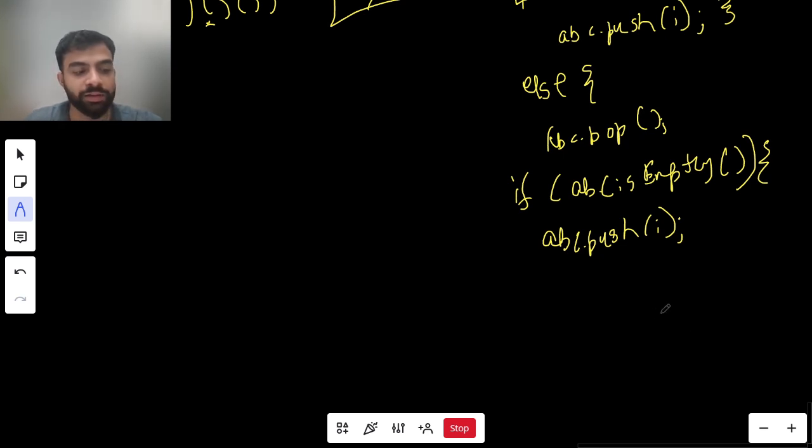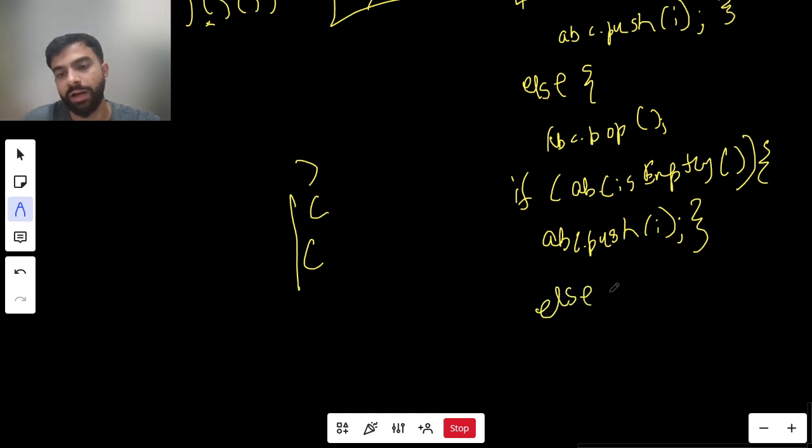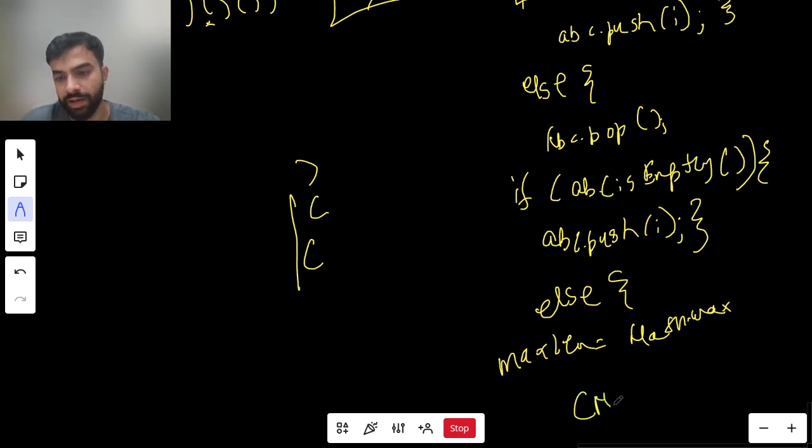Now how do we check the maximum length till that particular position? If it is empty, then we are going to push. But if it is not empty, suppose the stack has this and this and this, so when it is not empty, in this particular case, I'll be writing another else block where I will calculate the maximum length equals to Math.max of max length comma I minus